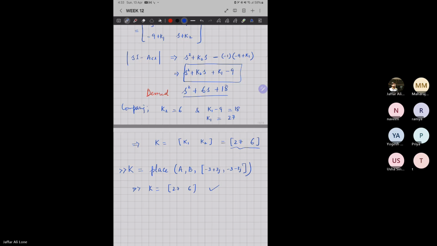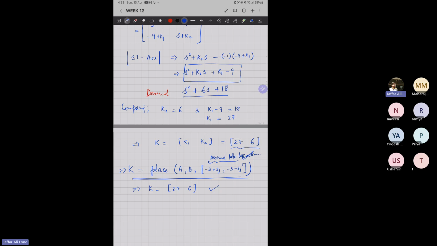So instead of doing this whole calculation, in MATLAB you can just use this command, or in this way you can just get your calculations checked. Just put A, just put B, and put the poles. These are the desired pole locations, right? So if you have a 3 by 3 matrix or a 4 by 4 matrix,